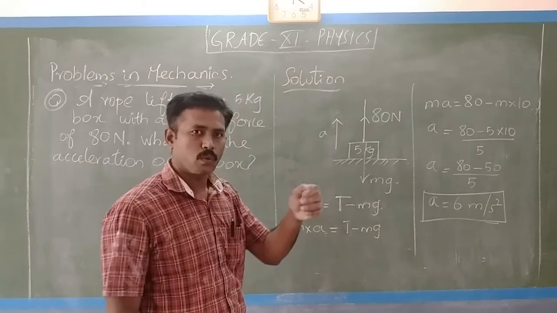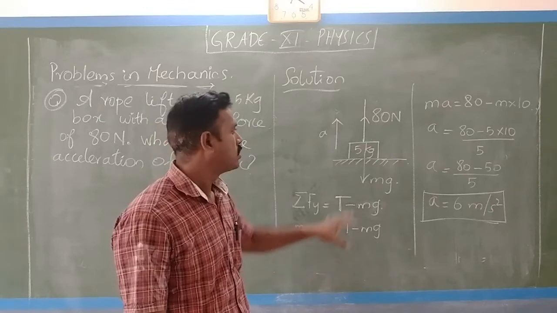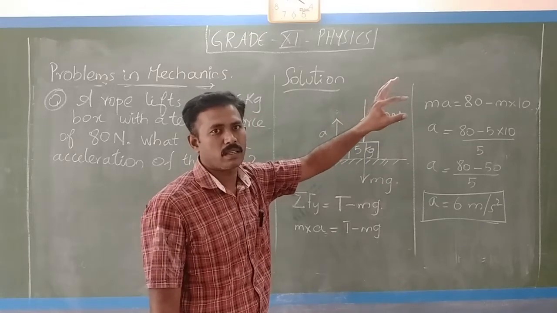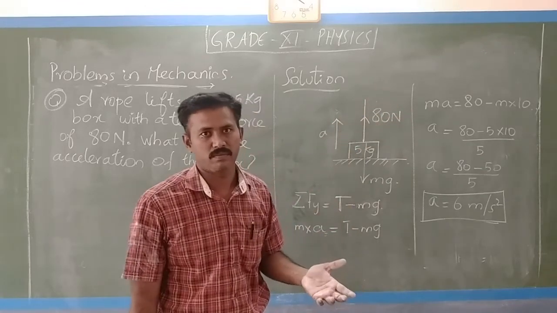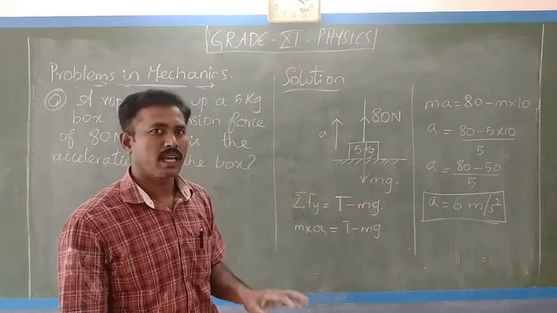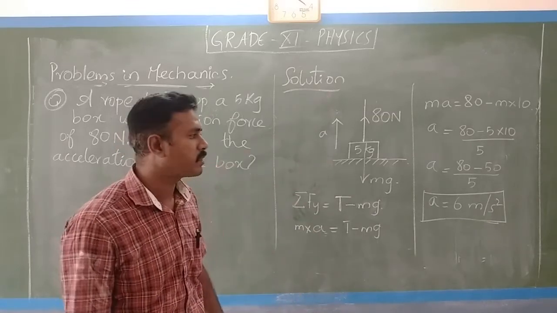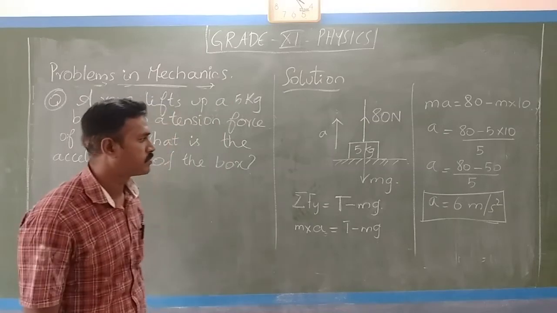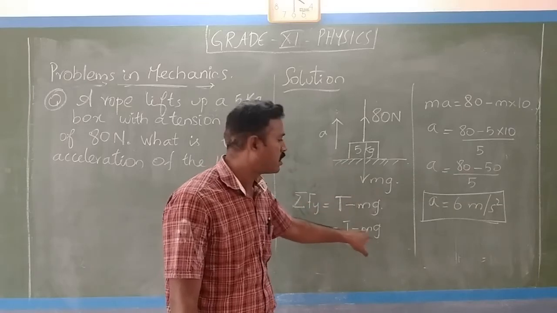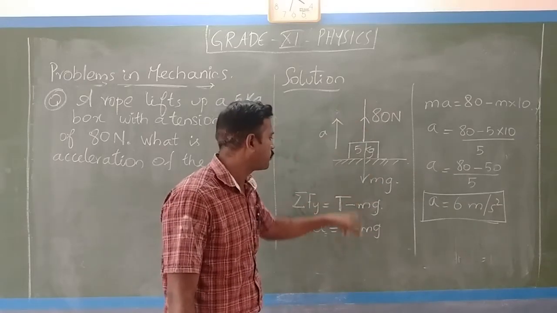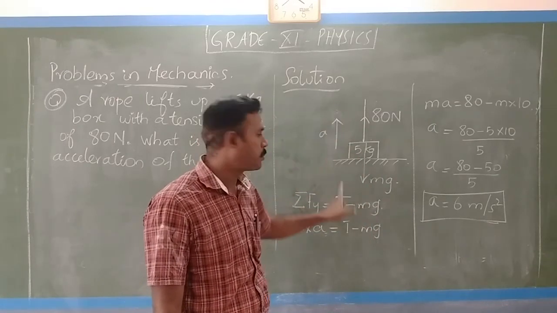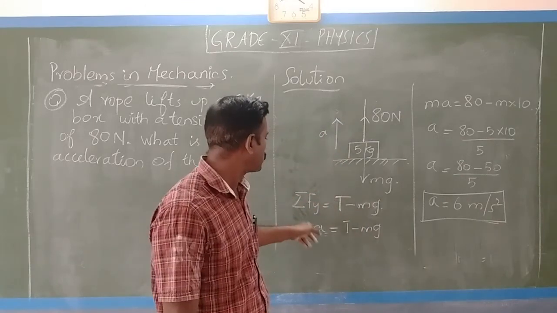If the rope is just tied to the mass, I am just holding it with the rope tied, not lifting, then what will you have? There will not be any acceleration in that mass. Just I have tied the rope to the mass. Okay, there will not be any acceleration. If I am lifting, there will be some acceleration. Clear? So that acceleration is given by this tension minus gravitational force, because this is upward and this is downward. So T minus mg, since it goes upward, this is the dominating force. So T minus mg is equal to this accelerating force.